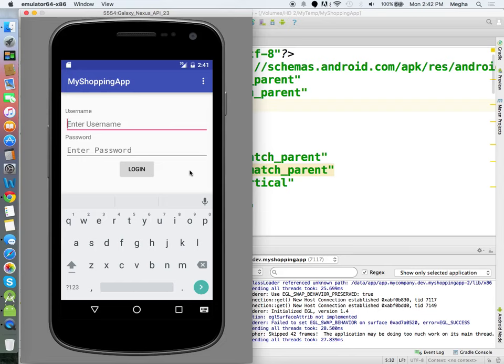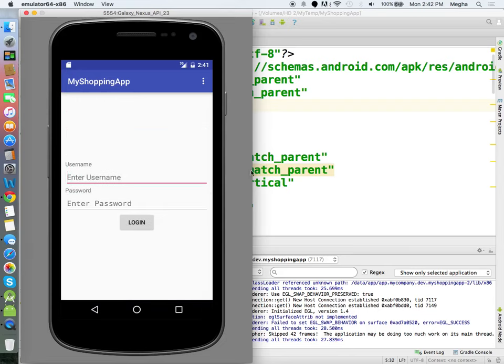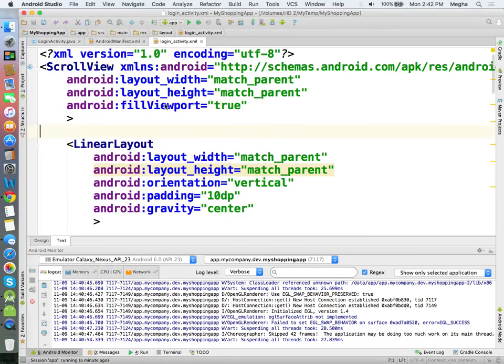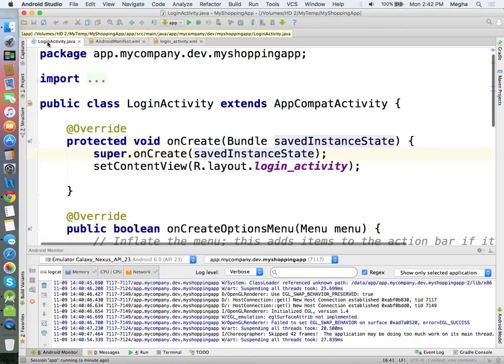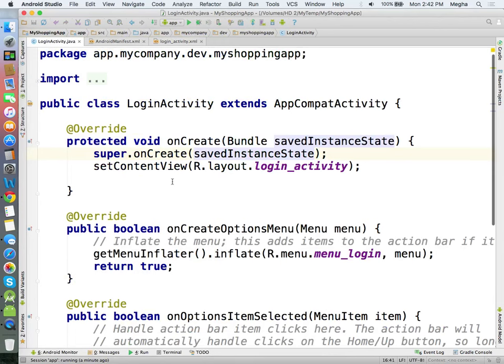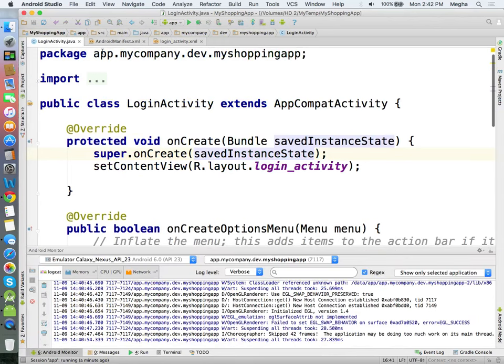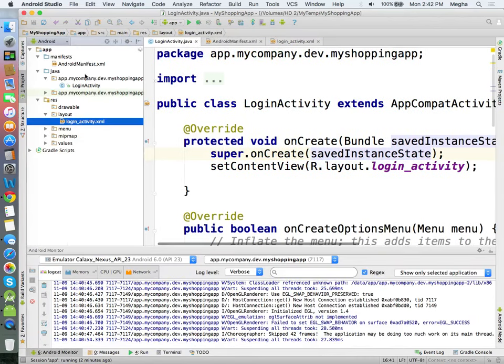So let's see. Anyway, we are going to create a registration form. I want to put the registration button here. I really don't want to do a lot of things on the top here. So let us go back to our coding. Let us create that screen first, then we can come back.